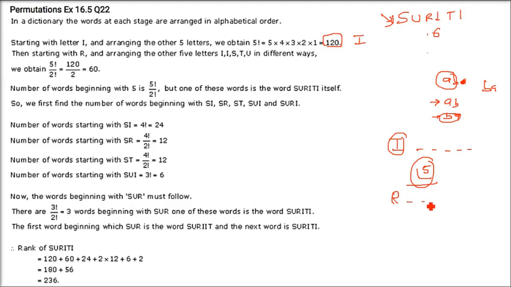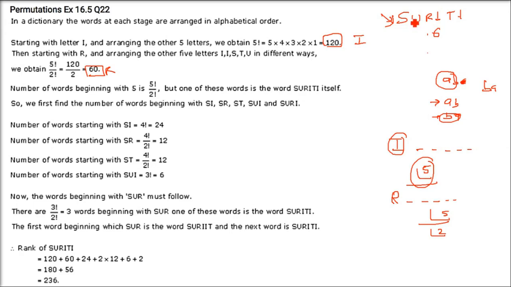Now after I, what will come? HIJK LMNOP RST. So R will come here. After that S will come. So R will come. Again the same thing. Factorial 5 is the possibility after this. But 2 are repeated, I will repeat. So factorial 2. So this is factorial 5 by factorial 2 when we fix R at the first position.